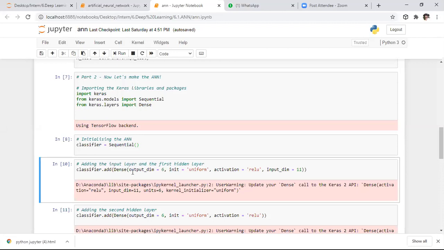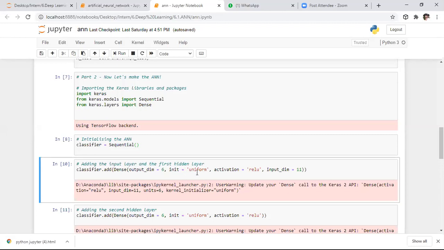In the dense function, I am specifying the output dimensionality, that is nothing but the size of the hidden layer. As I already told you in the previous class, there are different weight initialization methods: Glorot, He, and uniform weight initialization. I explained those formulas also.